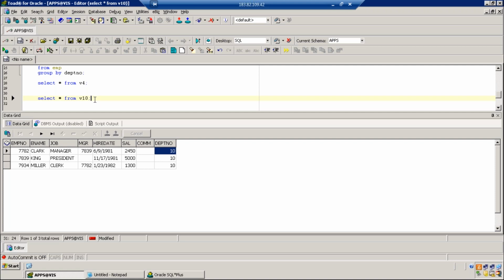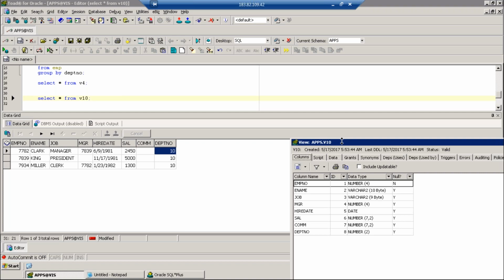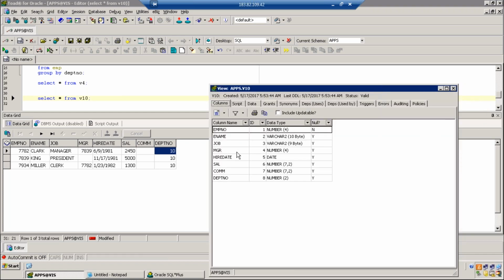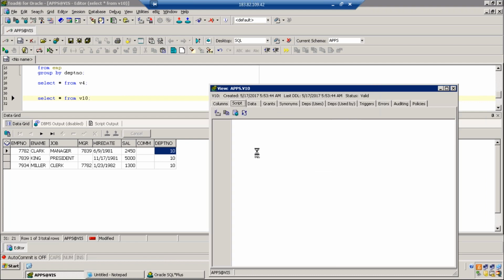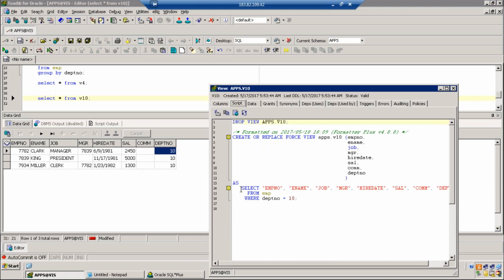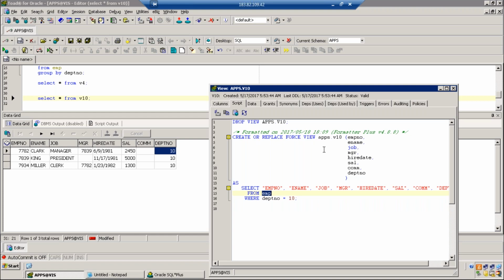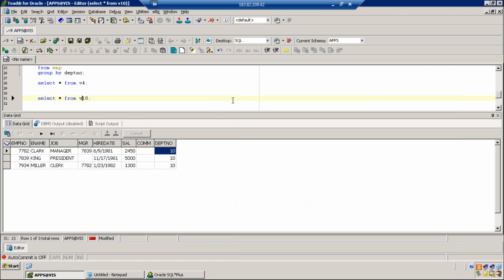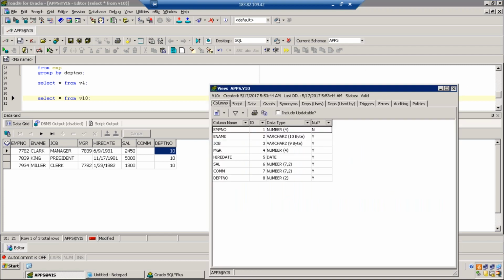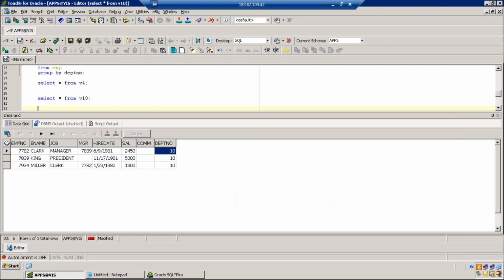That's my question, Jamal. When you want to know the table behind the view, right click on that view name and press F4. F4 will give you the structure of the view. You can see the view has a set of columns. In the script tab, you can see the query which we have used for creating the view. This is the query which is used for creating the view. In the script tab, you can see the table is the employee table. So whenever you want to check what the table behind the view is, click on that view name and press F4, the shortcut way, which will show you the structure of the view. Okay? Am I right?